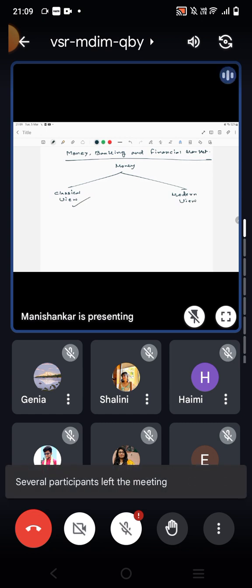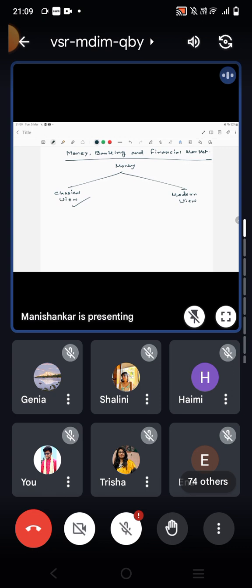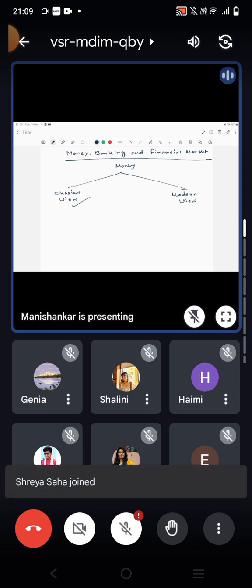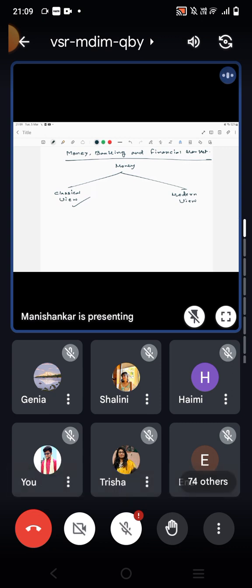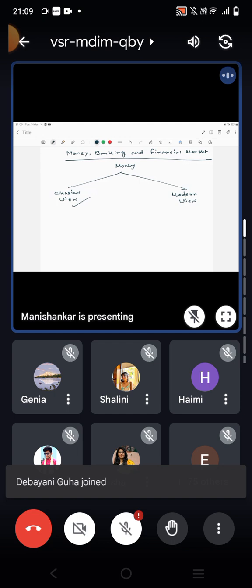According to the classical view, we know the concept of classical dichotomy. That is, you can split all the variables into two parts: the real variables and